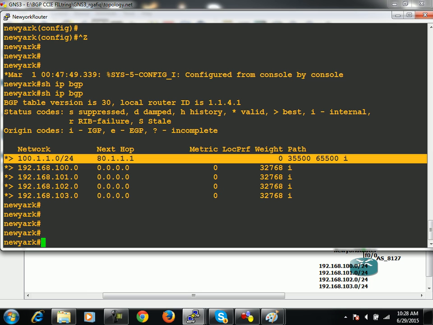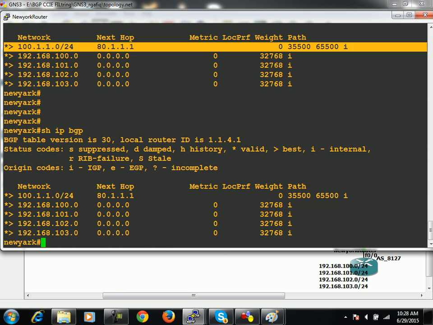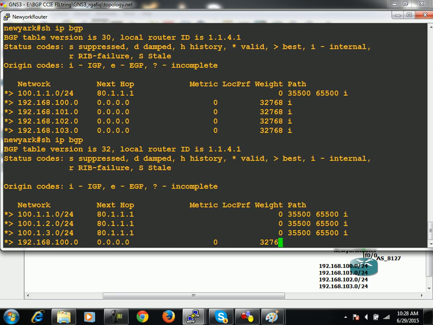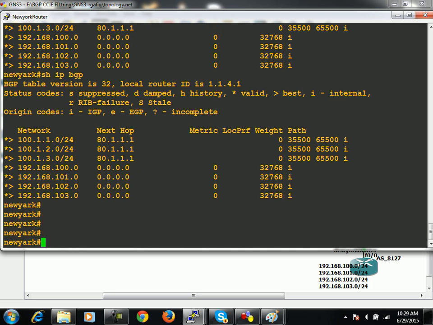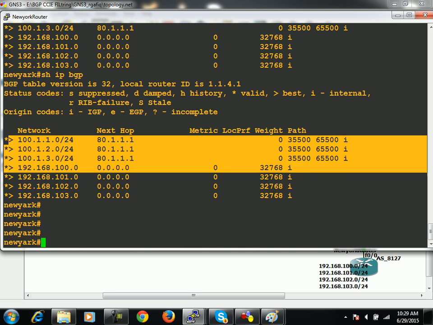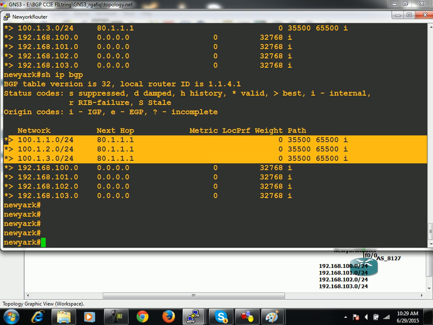You will also see other prefixes sooner, because the minimum time interval in between two consecutive advertisements is what? 30 seconds. Understood? Fine. Now